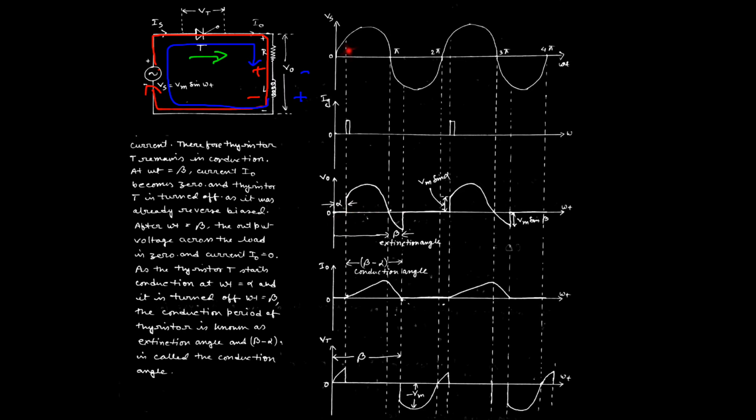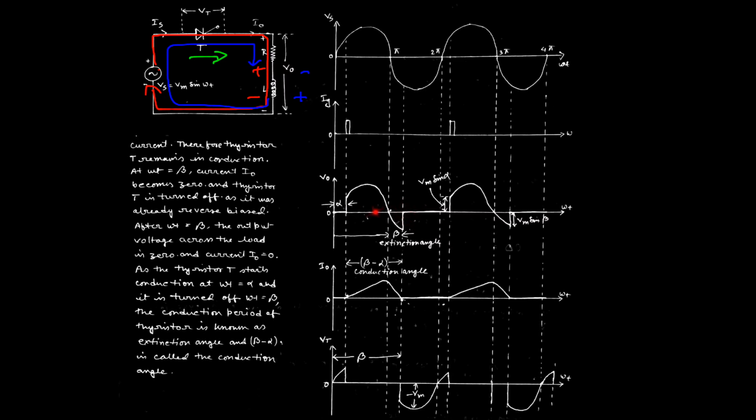That is why, from alpha to this particular point, the nature of the output voltage should be exactly equal to the nature of the supply voltage. So we can draw this part following the waveform of the supply voltage. The particular point at which we assume the inductor is completely discharged is called the extinction angle. This is the firing angle, defined by alpha, and this point at which the inductor has completely discharged is called the extinction angle.